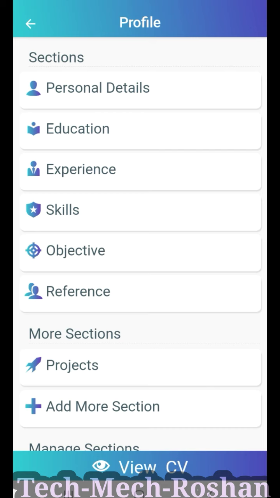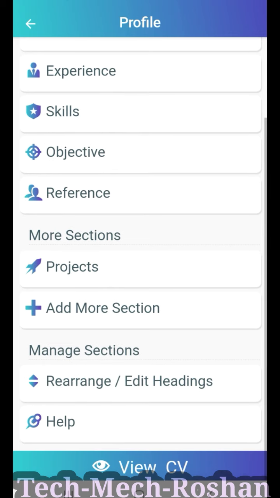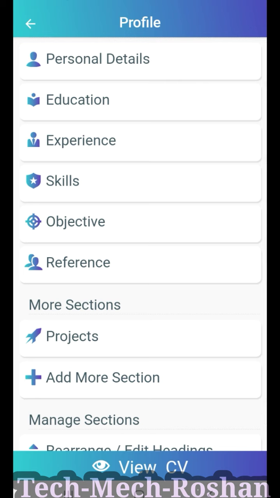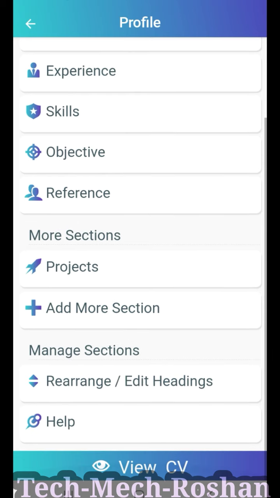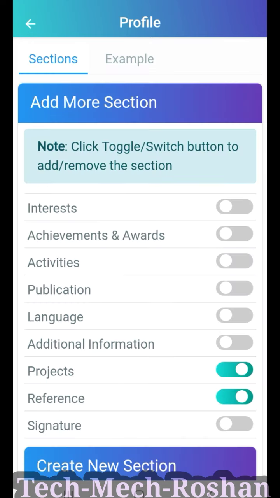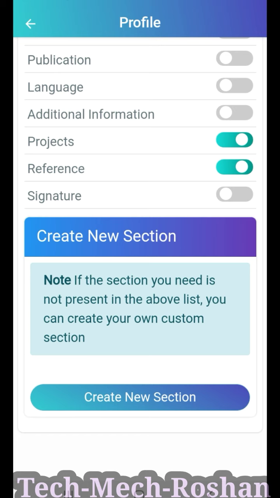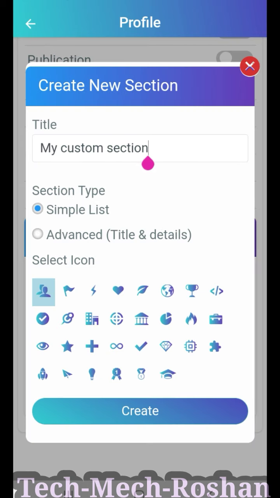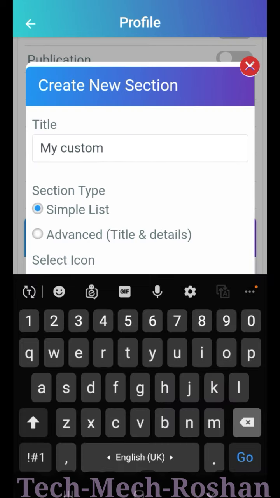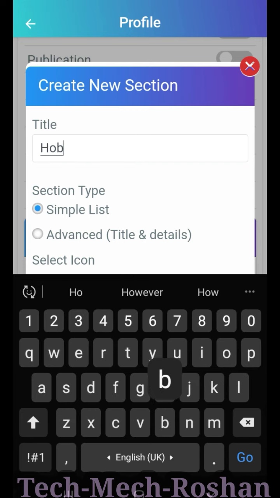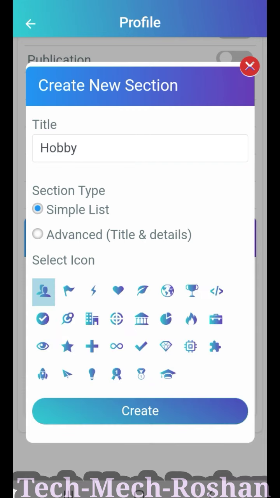But if you require more sections, like your hobby, your skills are already here, and if you want your strength, weakness, you can select add more section, and here the option is create new section. You just have to rename it like hobby, and then create it.